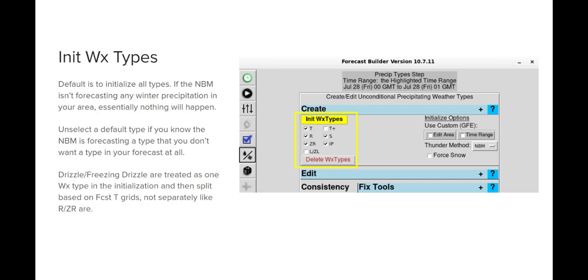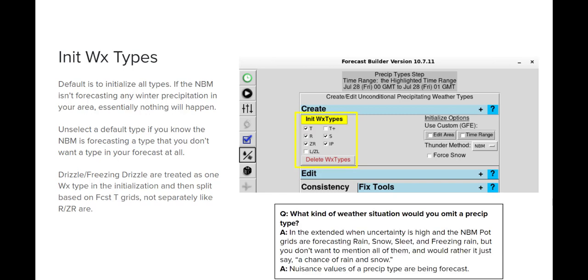These aren't addressed separately like the rain and freezing rain are. So what kind of weather situation would you omit a precip type? In the extended, when uncertainty is high and the NBM pot grids are forecasting rain and snow and sleet and freezing rain, but you don't want to mention all of them, and you would rather just say a chance of